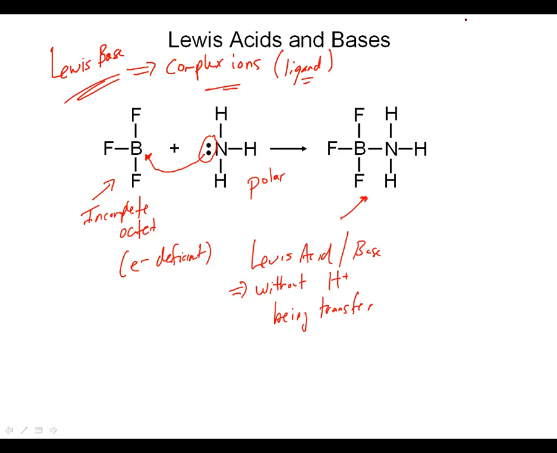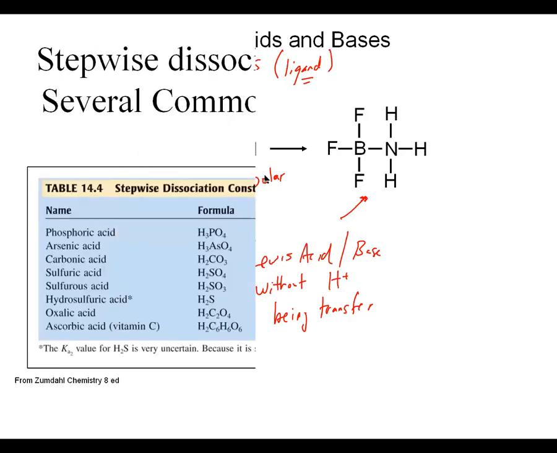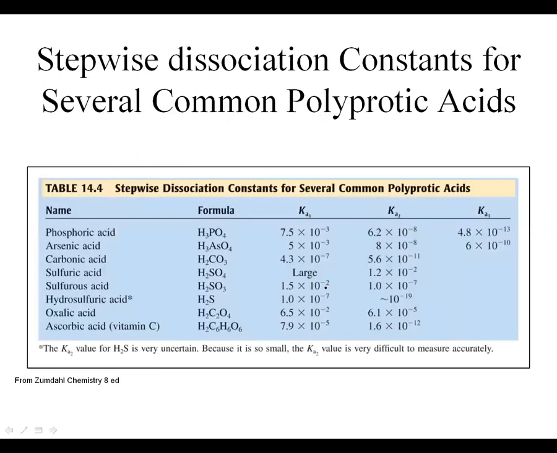Okay. So what we're looking at here is a table, and I think we might have touched upon it earlier in this chapter as well. A reminder that polyprotic acids are acids that have the ability to lose more than one H plus. And they do come off, as I think we talked about, in a stepwise fashion. So for example, if we take our H3PO4,